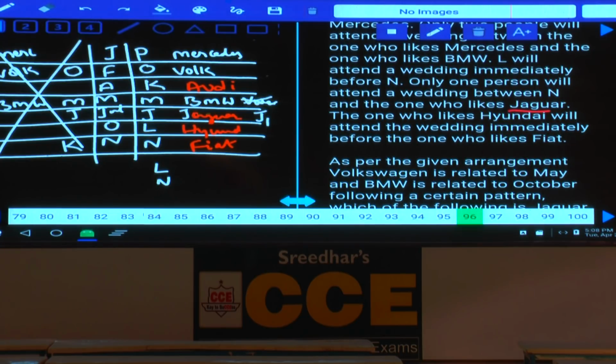Done with this? Now this is how these 7 persons attend in 7 different months and like different cars. Hence in this one, how many possibilities did we deal with simultaneously? 3 possibilities. And out of these 3, 2 were invalid. Finally, we are left with only 1. And this is about question numbers 96 to 100. Done with this? Yes, is anything left over in this paper?